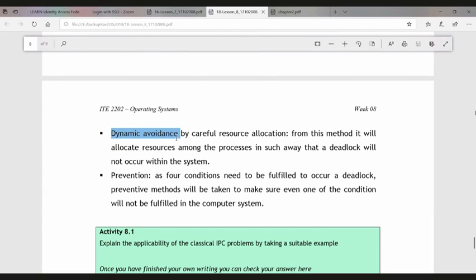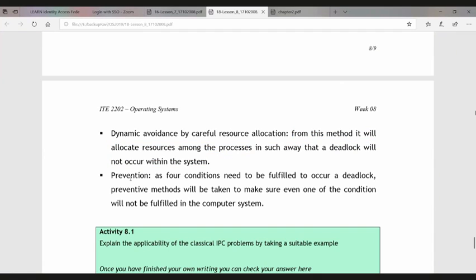Third method is dynamic avoidance by careful resource allocation. So when you're allocating resources, you can carefully allocate to avoid deadlocks. This method will allocate resources among the processes in such a way that deadlock will not occur within the system. But the thing is, you need additional intelligence for this. That's the disadvantage. So in all the above methods you allow deadlock. Last one is prevention. As 4 conditions need to be fulfilled for deadlock to occur,